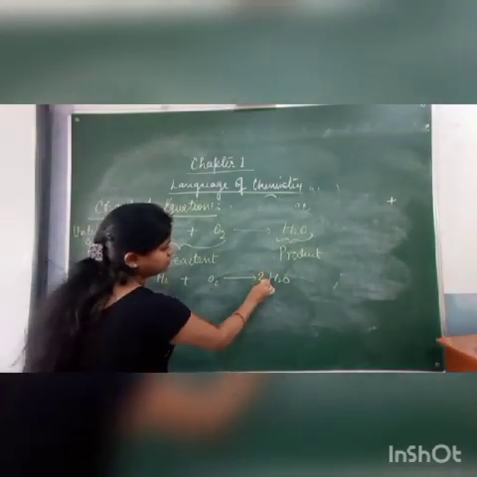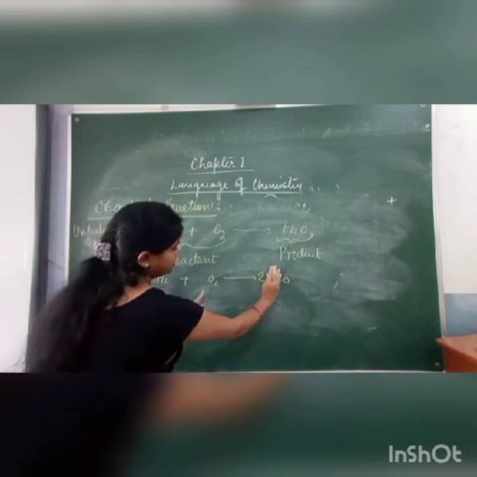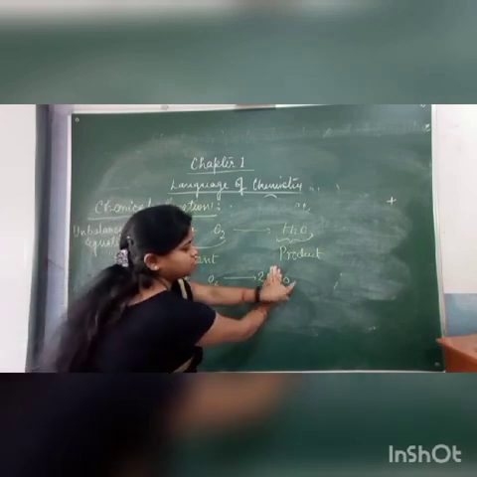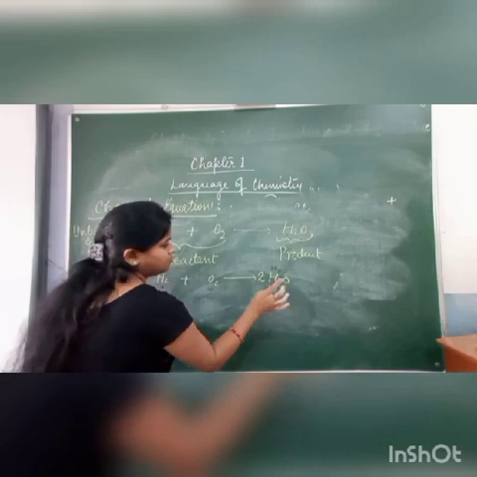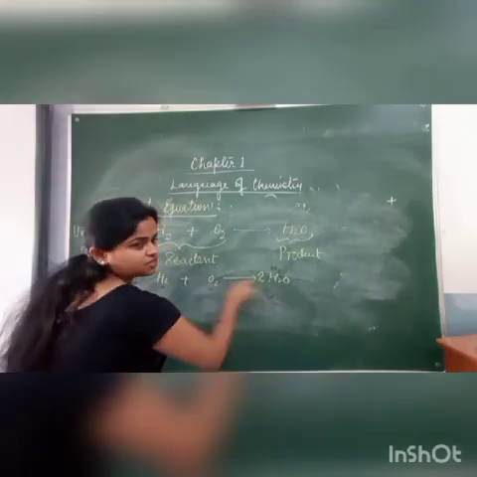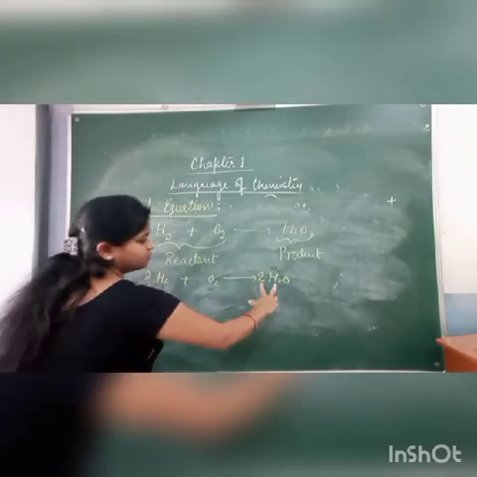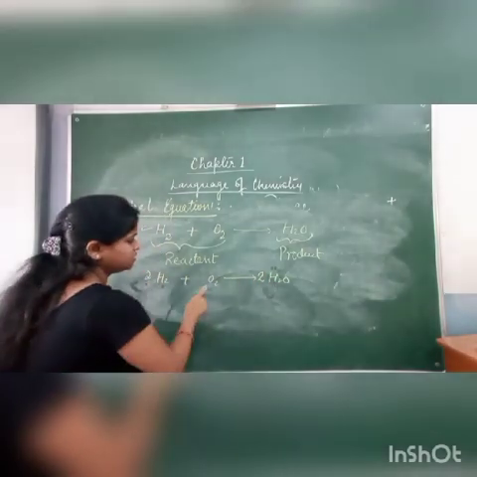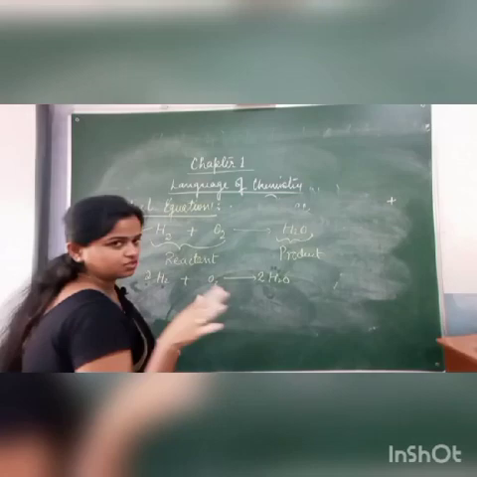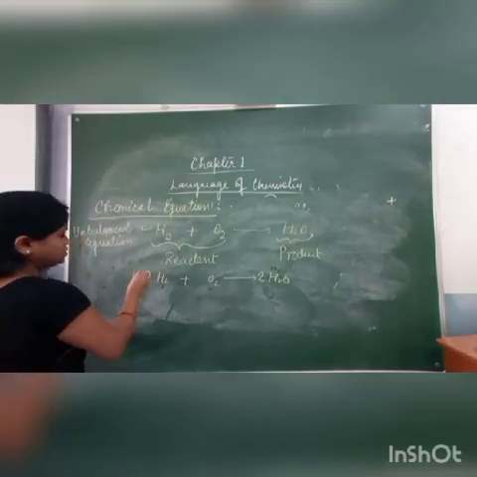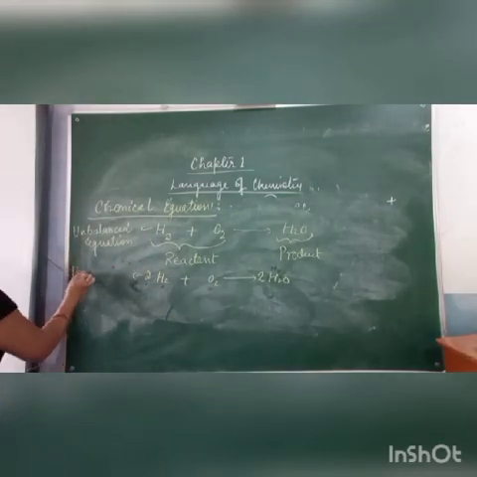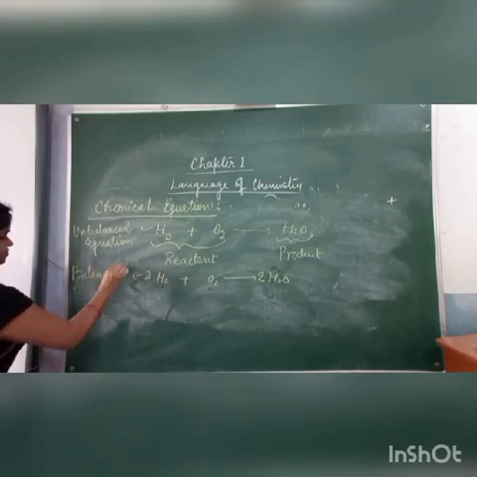It means if I write 2 here, now you see 2 oxygen, 2 oxygen. Oxygen is balanced, but now hydrogen is not balanced. Again I will write 2 here. 2 twos are 4 hydrogen, 4 hydrogen. Hydrogen is balanced. 2 oxygen, 2 oxygen. Oxygen is balanced. So this type of equation is called a balanced equation.